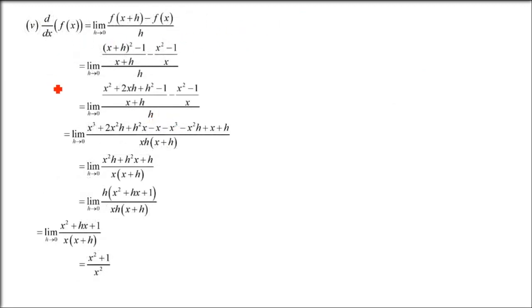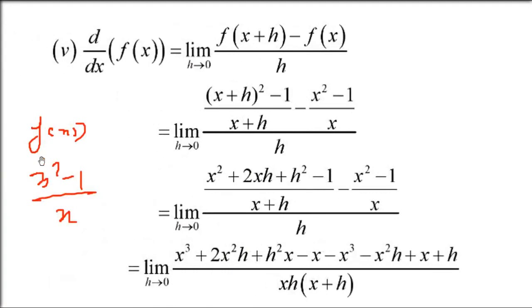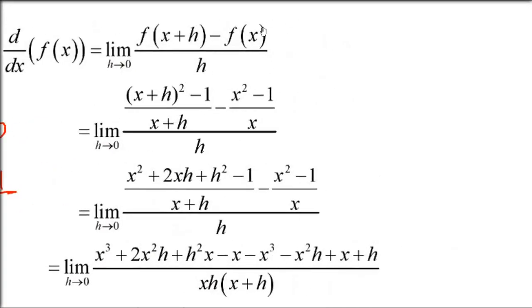Now fifth, this is x square minus 1 by x. So fourth and fifth are absolutely similar, only with a change in plus and minus sign. So we have to do exactly the same way we have just done the NCERT question. So let me show you here only. f(x plus h), that is x plus h whole square minus 1 by x plus h, put x as x plus h. Then you have f(x) already here, and you divide by h.